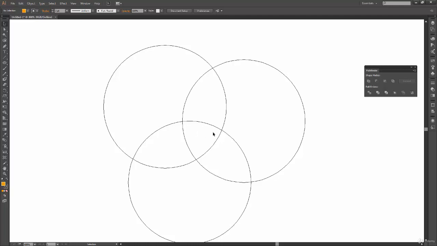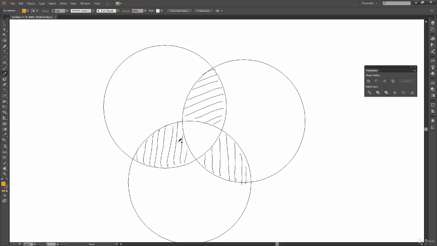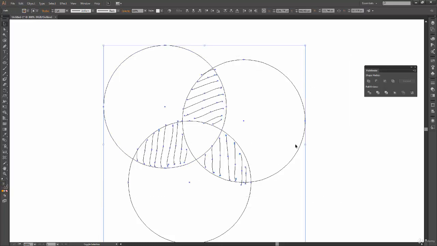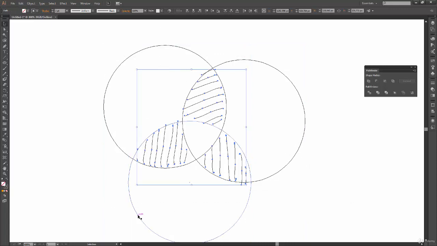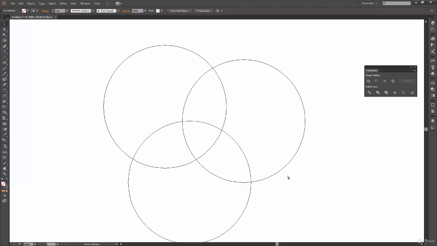But according to my theory, it should not be like this. I think this shape will be saved, but these shapes will be removed. If I highlight these shapes over here and apply exclude on these three shapes together, these three areas will be removed, and everything else in white will be saved. Why am I saying that and how do I know? Because I have already done this kind of operation before. But we will see the theory behind it once we apply the operation.